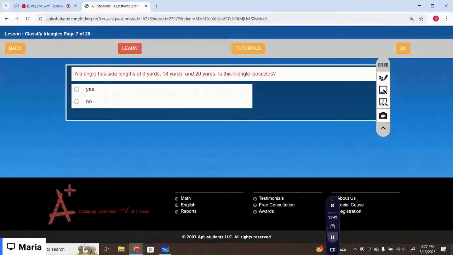Is this triangle isosceles? That is not an isosceles triangle. The correct option is